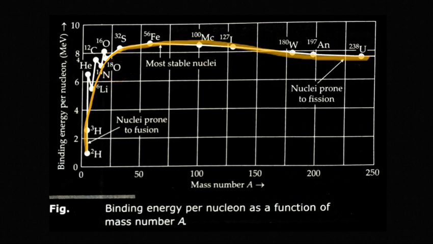Fine. Now the next thing you notice is that if you increase the mass number, see from 0 you are slowly going to the mass number 50, then slowly you're going to 100, and then slowly you're going to 150. So what you notice is that as you increase the mass number, the binding energy per nucleon also increases. Now why is this binding energy per nucleon increasing?